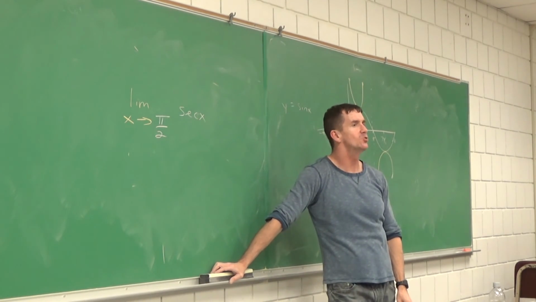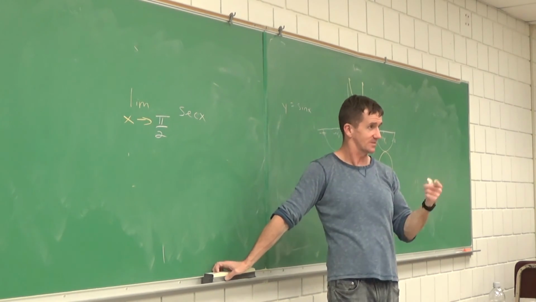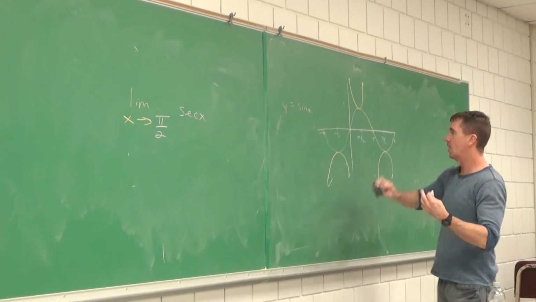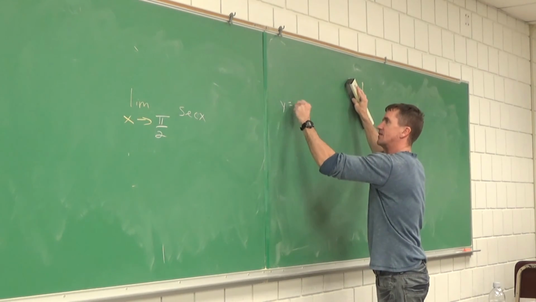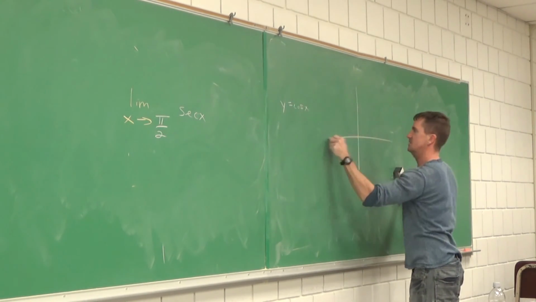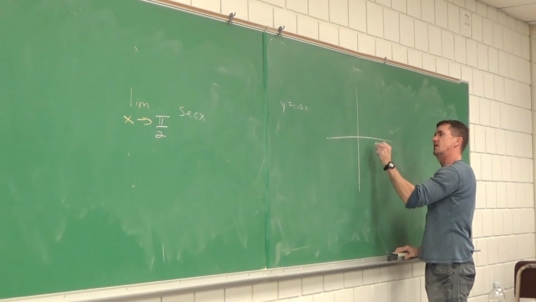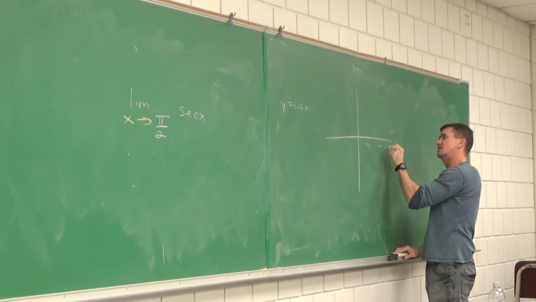All we need is the graph. Who's his buddy though? Yep, cosine of x. 1 over secant of x is cosine, right? It's cosine x. Well, I just need to make the cosine graph and make those little hills. Well, what does a cosine graph do? Alright, let's see. 2 pi, 3 over 2, 2 pi.